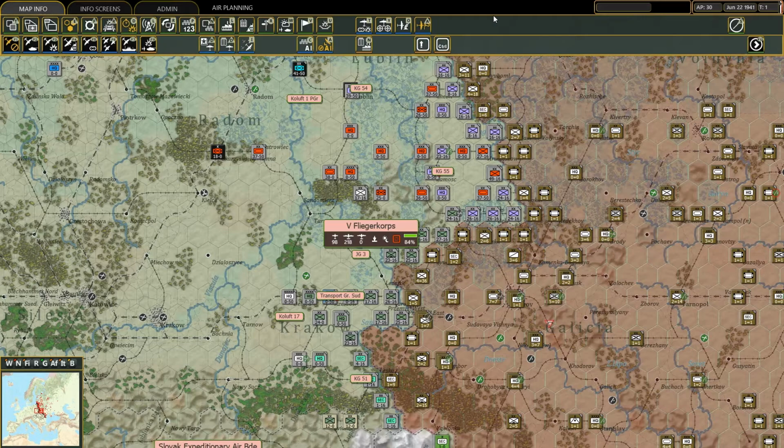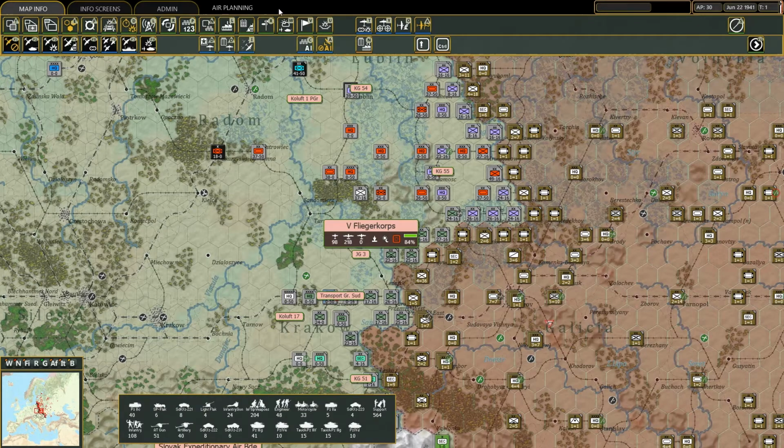Now, before going on, in case you are lost and you don't understand in which phase you are, you can always have a look here at the top black bar, and it tells you exactly in which phase you are right now. And because this is the very first turn of the 1941 scenario, we are already in the air planning phase. The air planning phase is the phase that